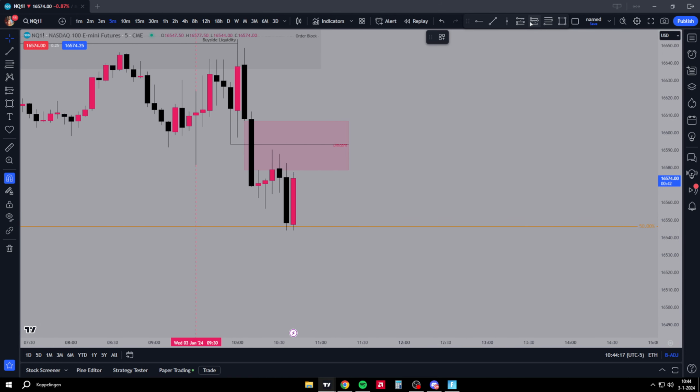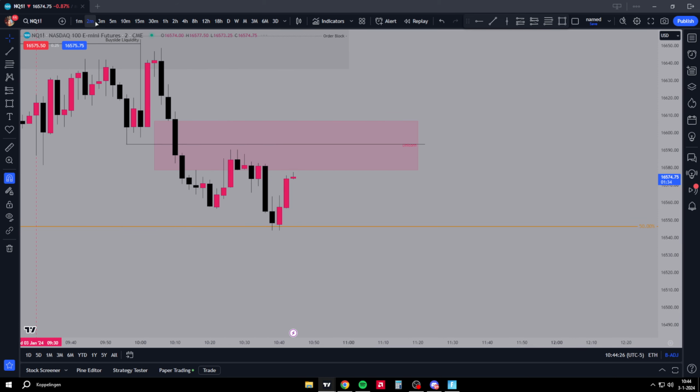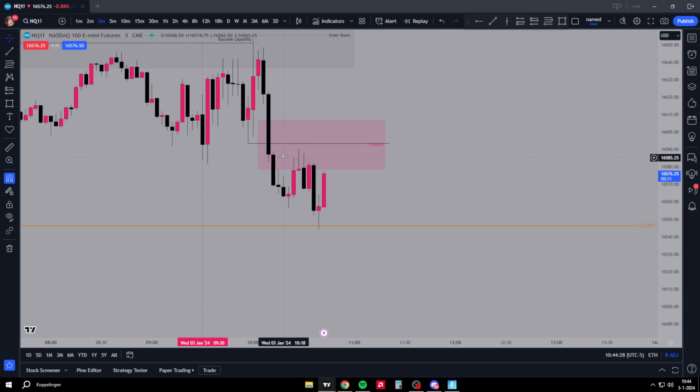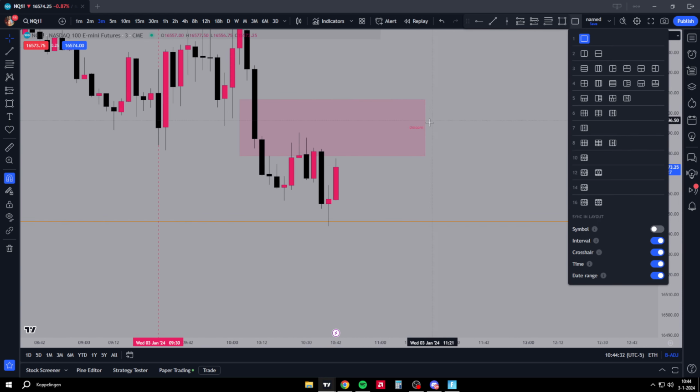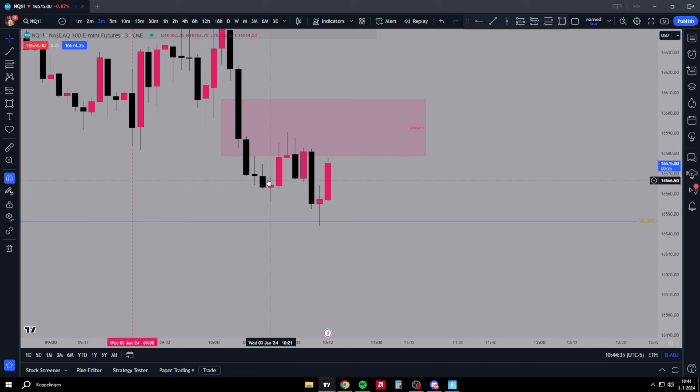I said that you could set a limit order right here, or tap this breaker. It didn't get tapped into, so I said that I wanted to zoom in. So we tapped into this unicorn here, and this was already low probability because this actually isn't a breaker because there's no swing high here. So we didn't raid any liquidity here, but we did have a swing low, swing high. This wasn't a breaker, but we did displace through this here.